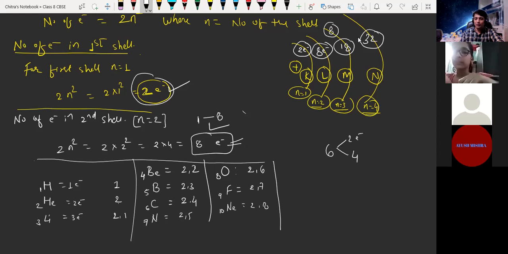Now Harshita, the next question is for you. We have sodium. What will be the electronic configuration of sodium? 2, 8, 1. Yes, because in the first shell we will have 2 electrons, in the second shell we will have 8 electrons. Only one is remaining, so it is going to fill in the third shell. Sir, up to 20 elements: K shell 2, L shell 8, M shell 8, and N shell 2.